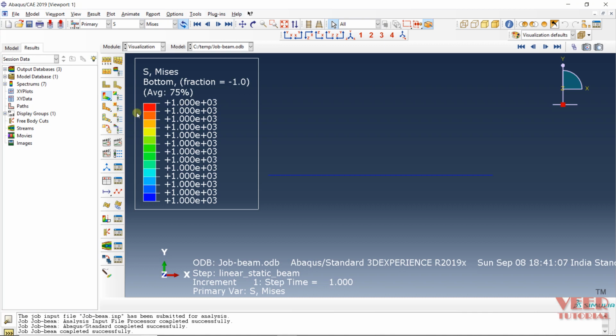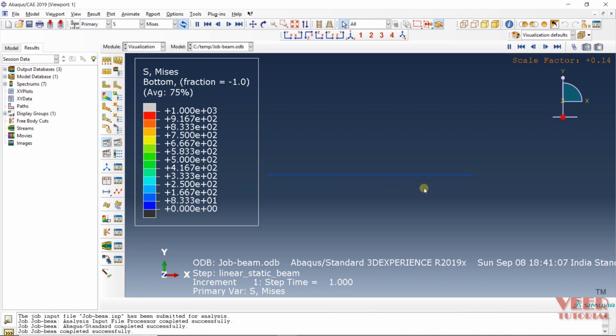And then if we want to see how this beam is going to expand, we can view the animation of this simulation. Below we can find the option of animate scale factor. So click on this option. And now it is going to show the animation, how this beam is going to expand. Okay, we are going to apply this force in the right direction. So this beam is going to stretch like this. I am selecting animate harmonic option. Okay, now it is showing step by step.